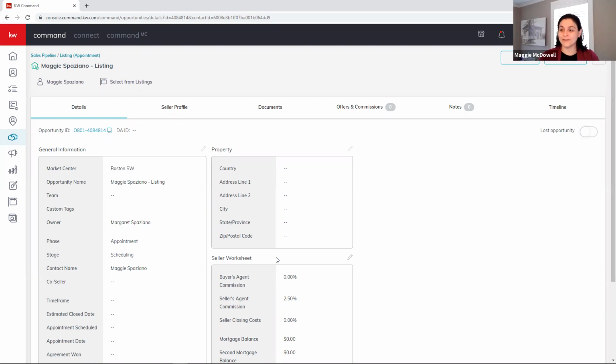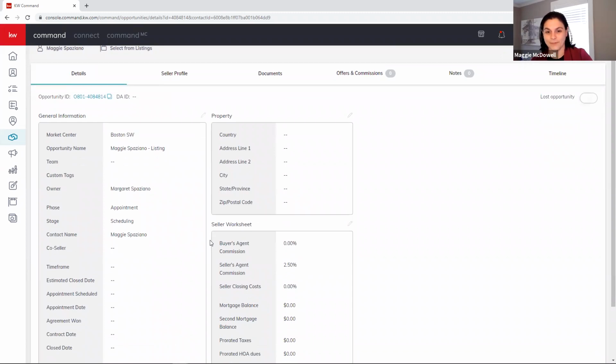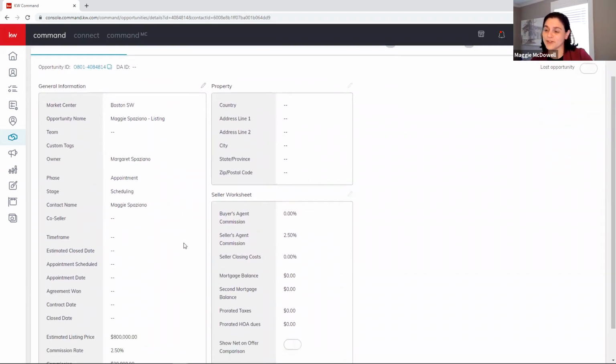Some of us who've been around for a while know we used to get these folders, and on the top would be all these questions, and you would fill it all out and have all the information about the property right on the front. This is what this is. This is your folder cover. This tells you all the basic information about the property on the front, right? So that's what the details section is about. It gives you the general information about the property,